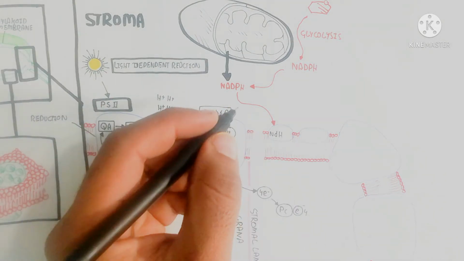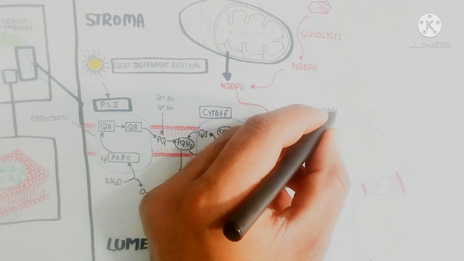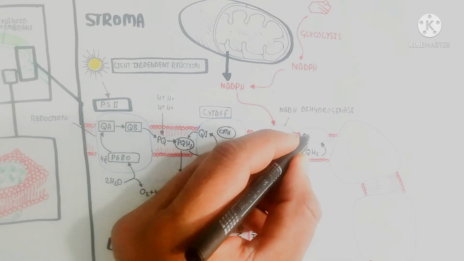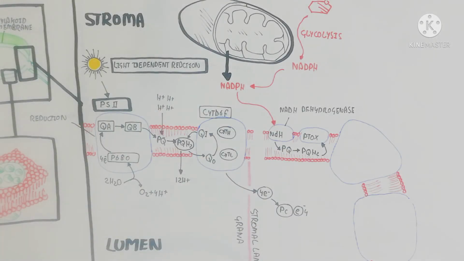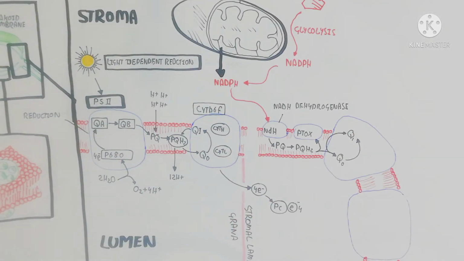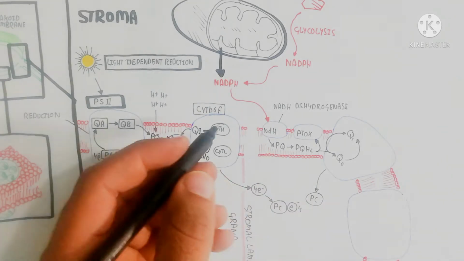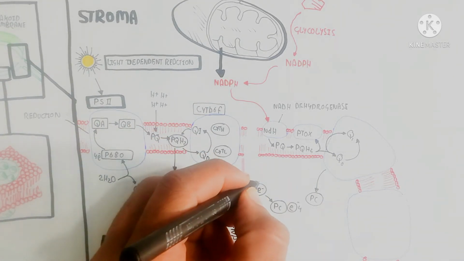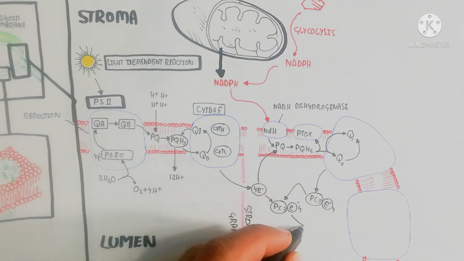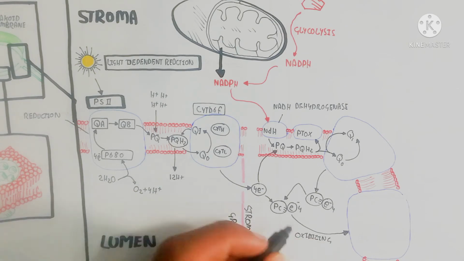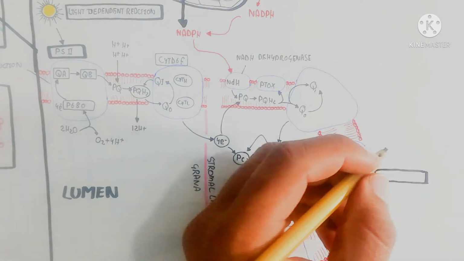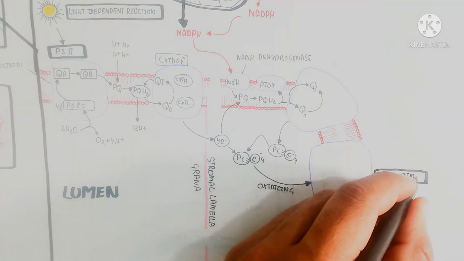While here the mitochondria produce NADH during the Krebs cycle, and glycolysis also produces NADH. The NADH dehydrogenase enzyme is present, which accepts this NADH and converts it to NAD plus, and in this way the plastoquinone is reduced into plastoquinone H2, and this is again oxidized and reduced to give the electron to Q0 to Q1. In this way the plastocyanin also occurs from here, and this plastocyanin will also accept these 4 electrons, as you can see from the 2 molecules of water.